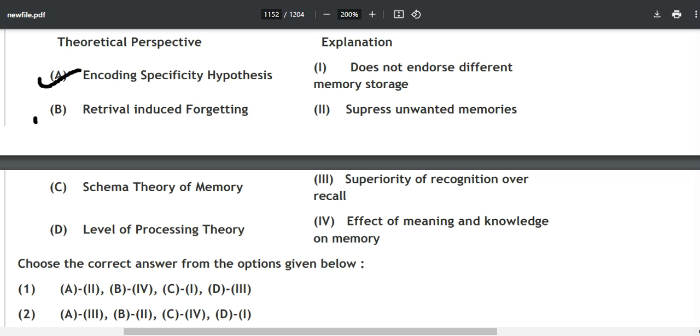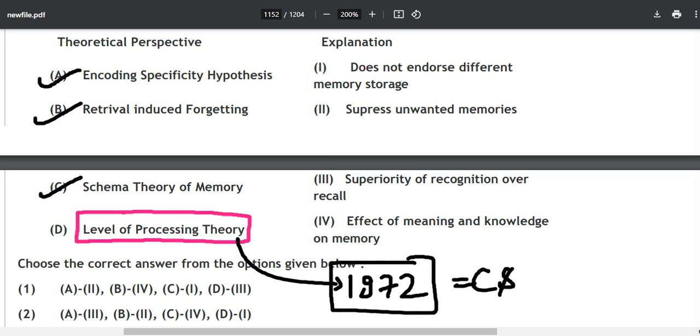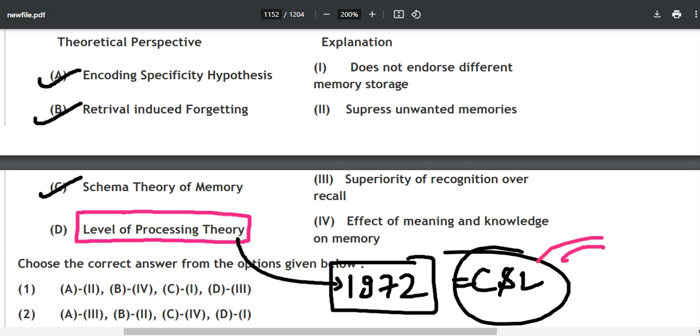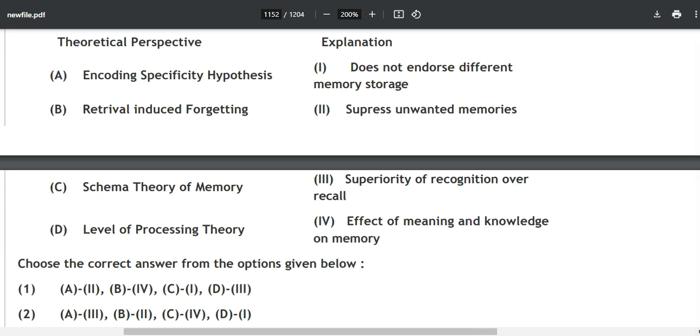See, out of these things, let's suppose you don't know anything, but you know this number thing for levels of processing theory, because you have heard that it came in 1972. By whom? By Craik and Lockhart, the same year when Prime Minister Indira Gandhi visited the Stockholm Convention. Now, four years before, what happened in 1968? Atkinson-Shiffrin came. In 1974 came Baddeley-Hitch, and in 2011, Baddeley added one more component, which was the question in a recent exam. Now, just on this basis, you will be able to solve the question.